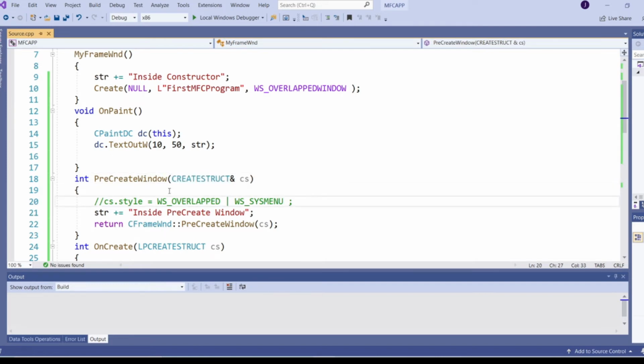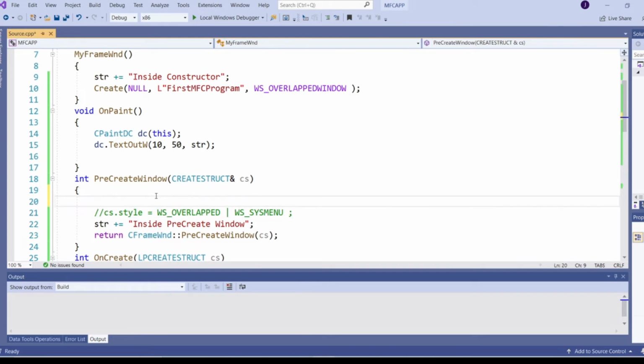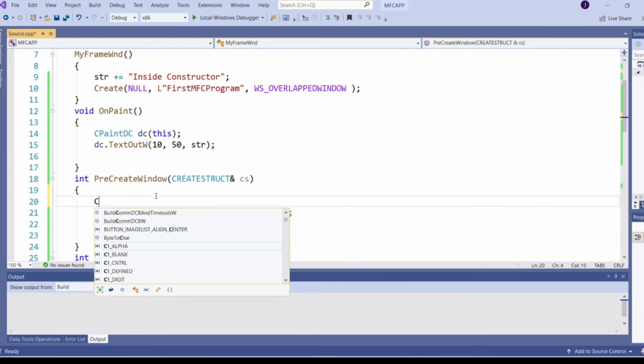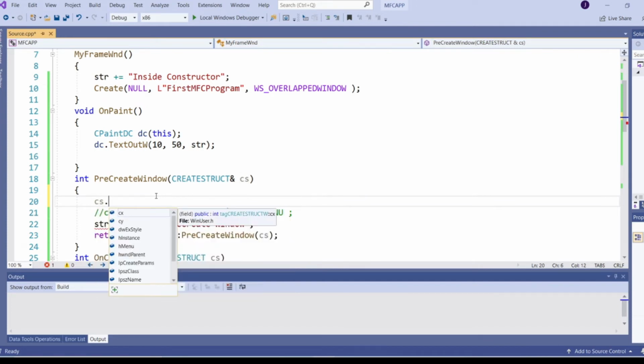If you just type cs dot, then you can see the parameters of this structure, create struct. Here we have cx, cy, which is nothing but x and y coordinates. dwExStyle is nothing but extended style for windows.